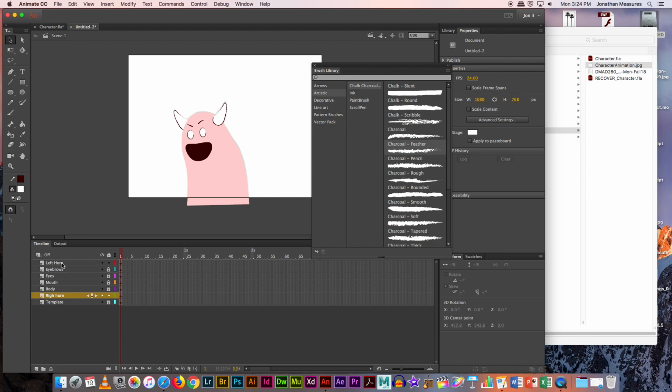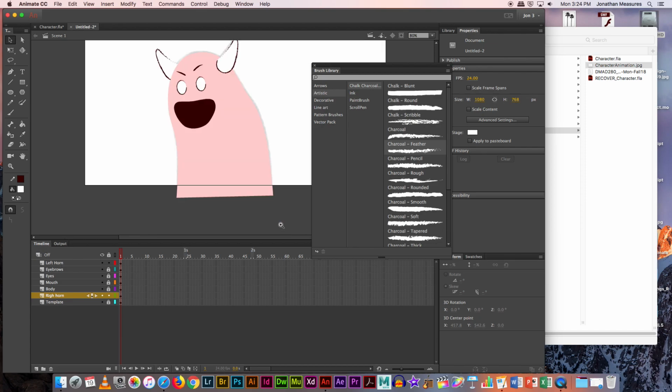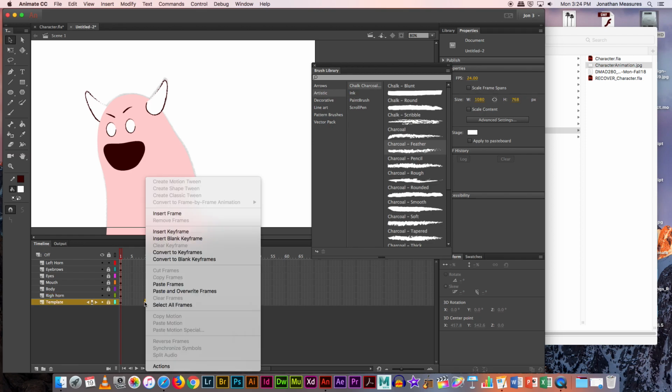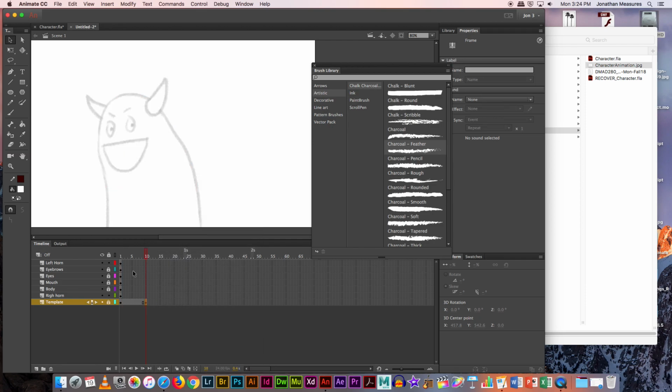which objects you want to keep as shapes. So for instance, for the body, it would be possible to do the movement as a shape tween, where you change the shape of the body. Let's say, for instance, we're going to have him lean back as if he's roaring. In that case, you could go out to a further point and then make it a shape tween from there. So if I went out to, say, frame 10, insert a keyframe,